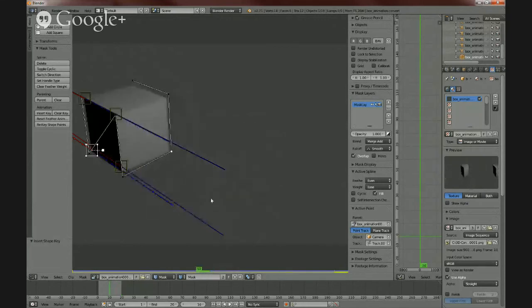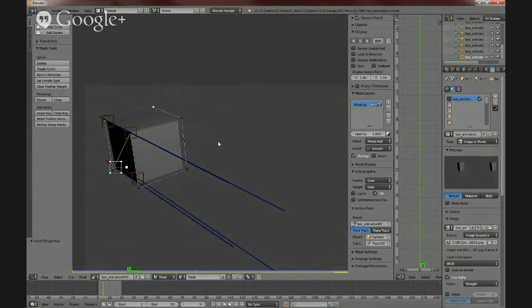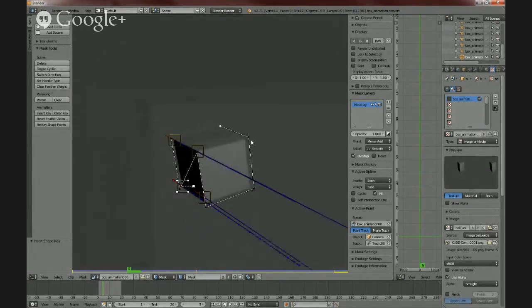Then I'll go to the halfway point, and I'll select these points again, hit G, move it around, then I hit hotkey I, go to the halfway point, select my points, hotkey G, hotkey I,